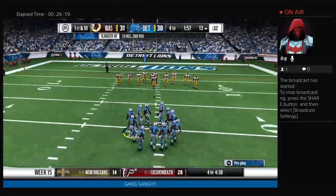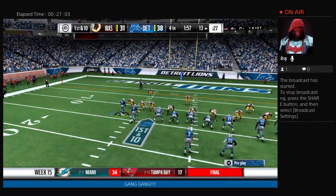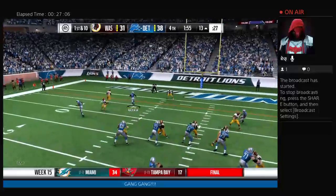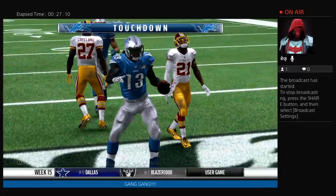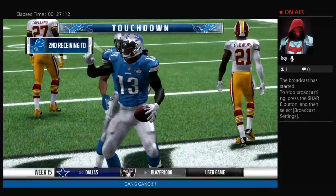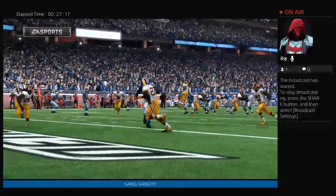So the Lions in possession of the football as we welcome you back. And let's see what they've come up with offensively after having time to talk it over. And this is caught. And that could seal it. JoJo's scoring a touchdown. Well, it'd be real easy to say that they are firmly in control right now, but